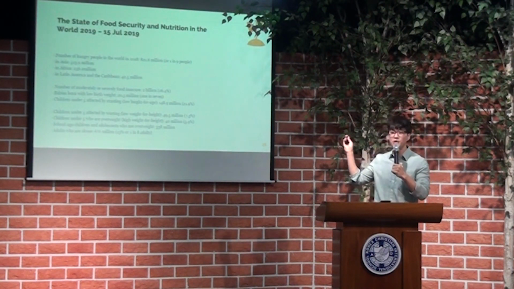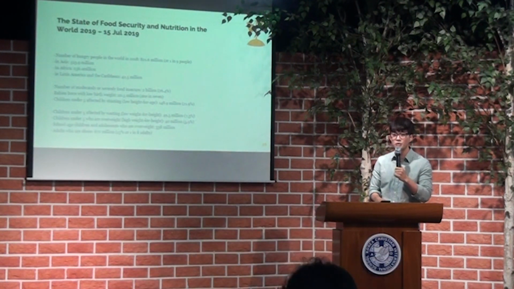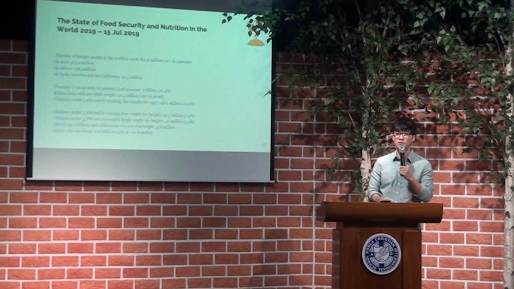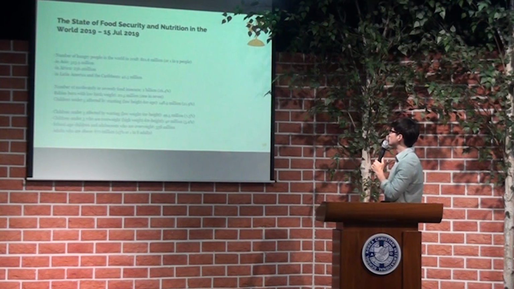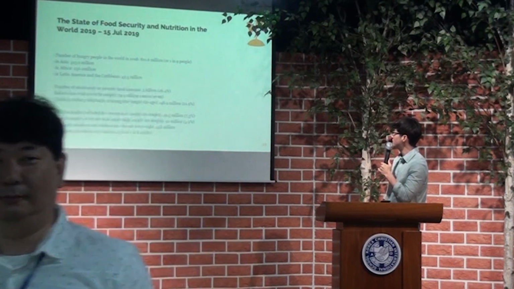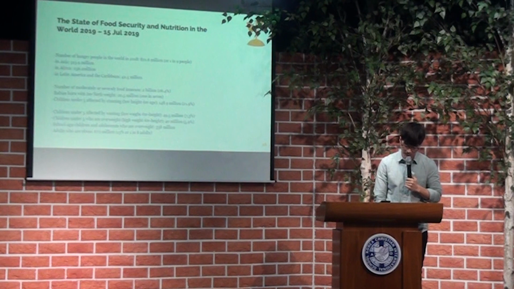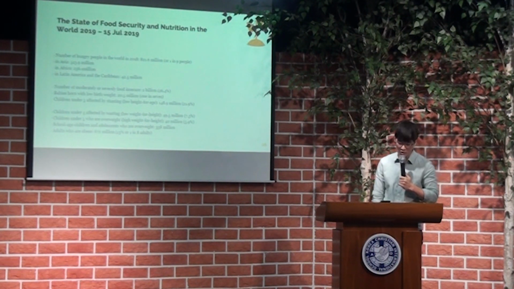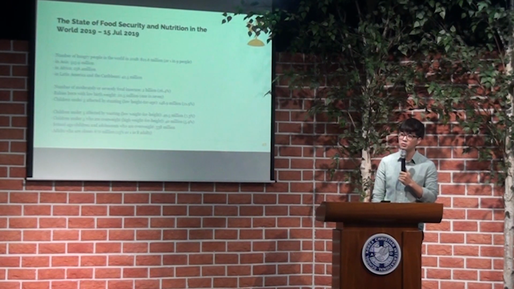Now, I found this while doing research online. This is the updated version, actually the most recent version of the current state of things. The state of food security and nutrition in the world as of today, 2019. Not today, but the 15th of July, 2019. World hunger is still not going down after 3 years, and obesity, like I showed you in the graph before, is still growing. More than 820 million people are hungry globally.